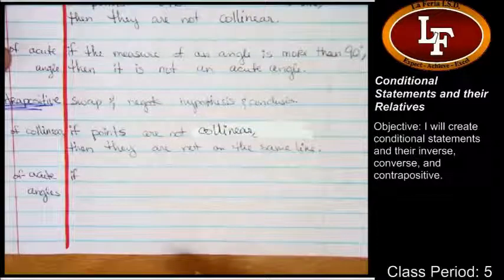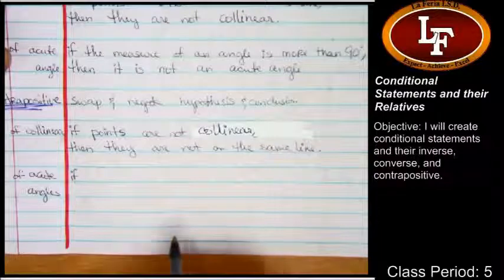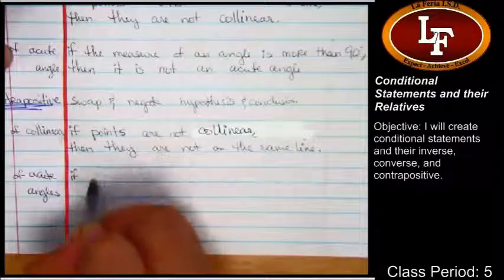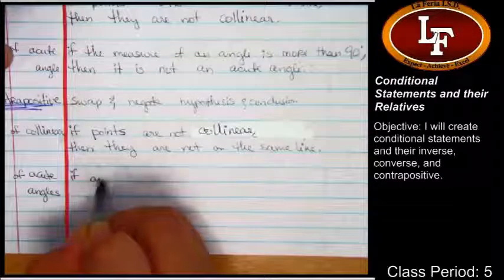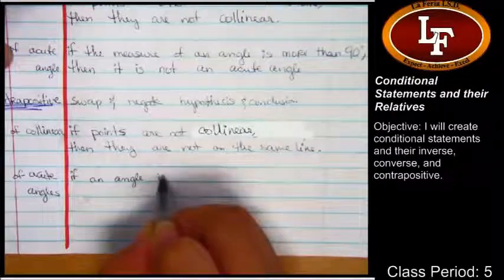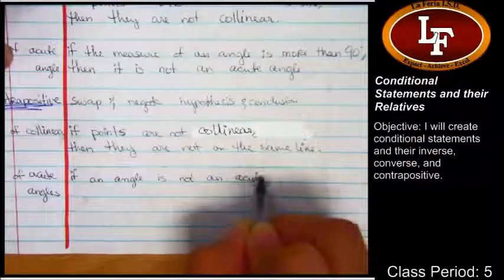What was the conclusion, the thing after the then? It is not an acute angle. So that's going to be my new hypothesis. If an angle is not an acute angle,